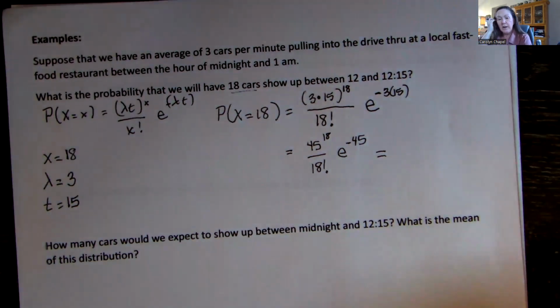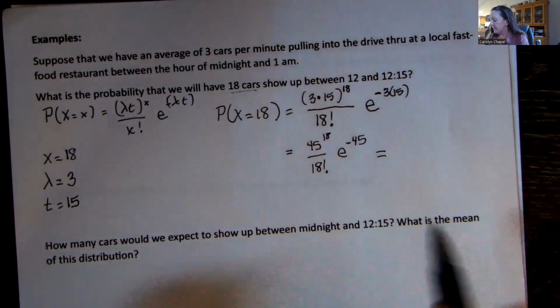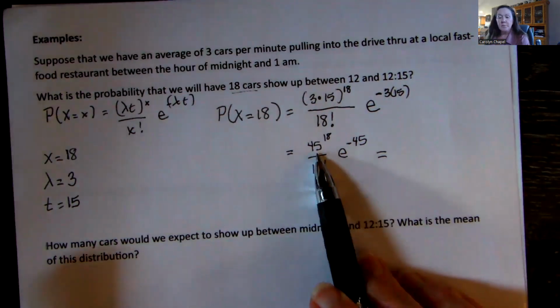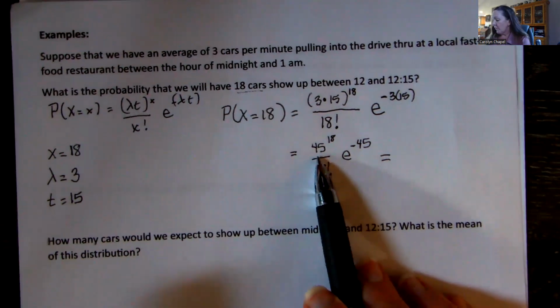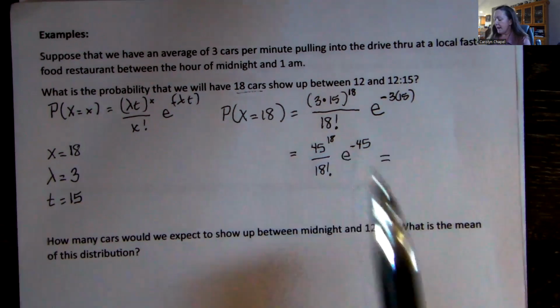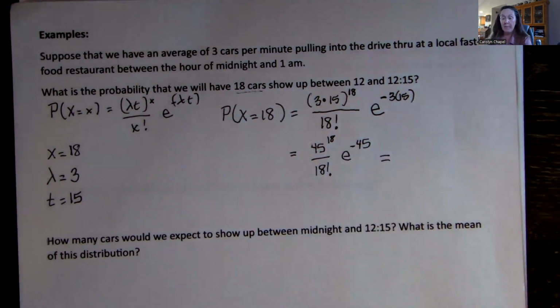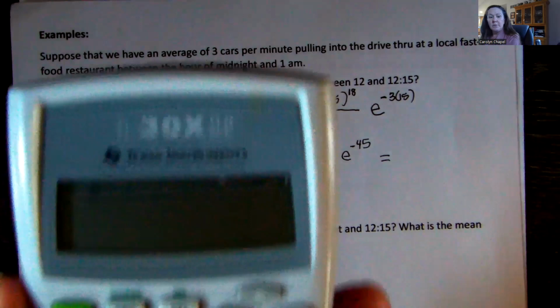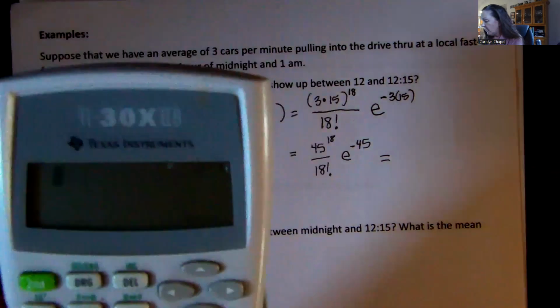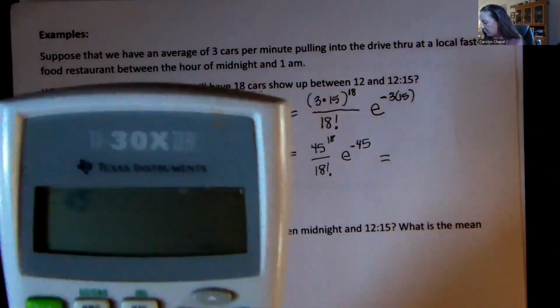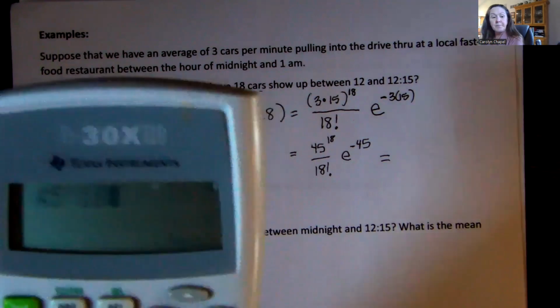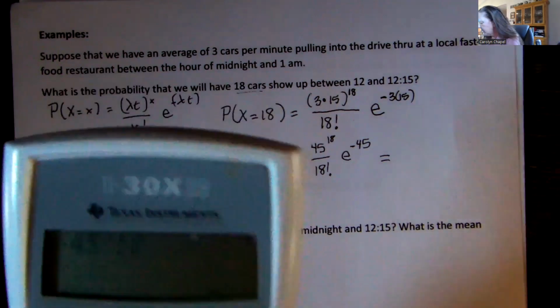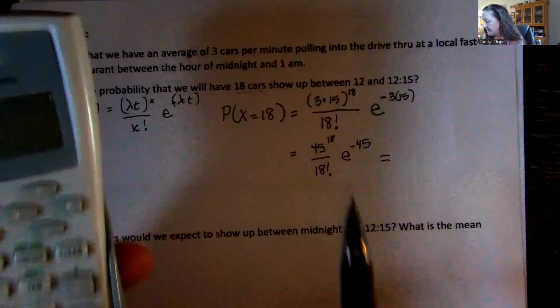Okay. And I'm going to want to try to do this all in one line. We will notice if I did this in pieces and I try to take 45 to the 18th power, my calculator may blow up on me. In fact, it's going to be a very, very large number. So that's why I want to do it all together. So here we go. I'm going to do that 45, and I'm going to raise it to the 18th power. And that number is going to be divided by 18 factorial.